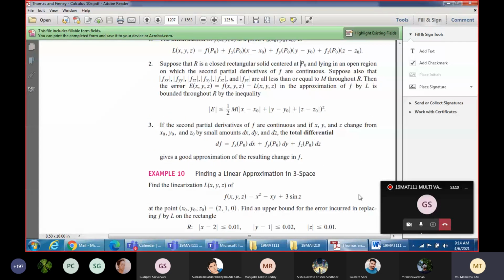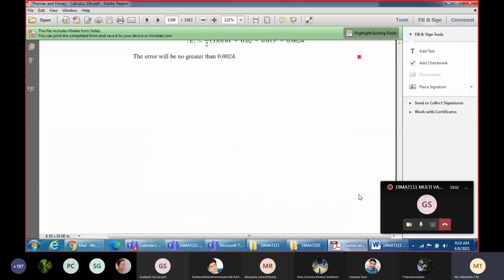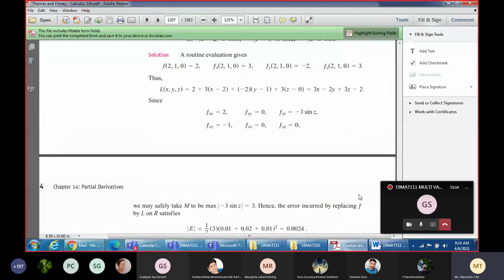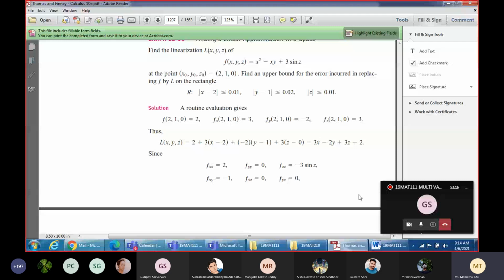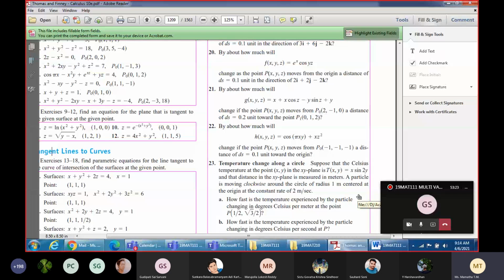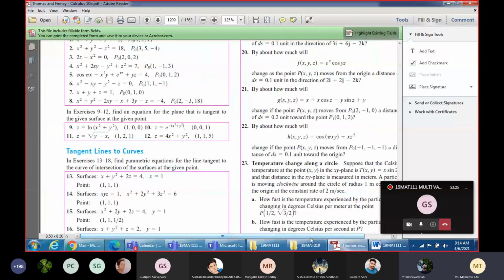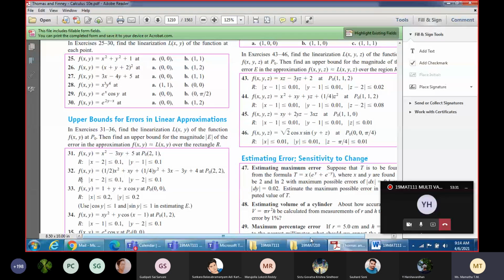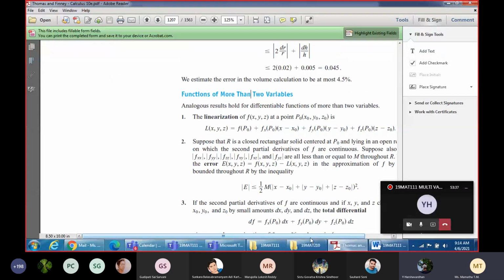Okay. So that was the formula. We'll go ahead. If you want to find the error, it will be f of xy minus L of xy. So we are not interested in the error calculations. Problem number. Error is not there in the syllabus, ma'am. Error, we don't usually require it. If you want, you can calculate by using the formula. Ma'am, we can calculate, but how to find the slope, ma'am? That is a derivative value.